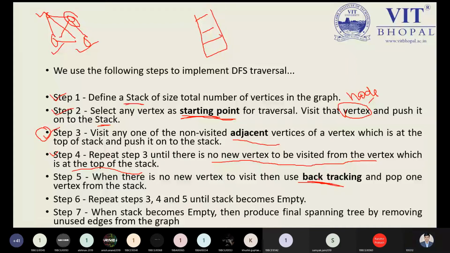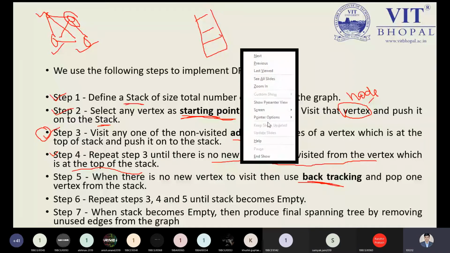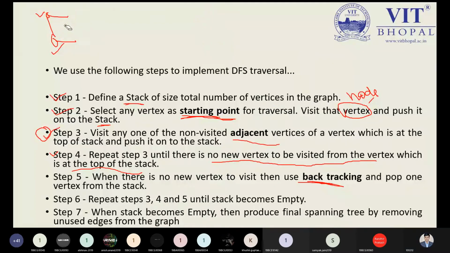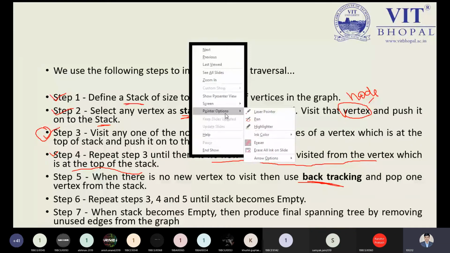Okay. Now, if this point is clear to all, then shall I move ahead, or shall I explain once more? Sir, once more, please. Okay, once more. I'm just taking a simple example so you can understand. I have a real example, but I'm taking a simple example for your betterment.